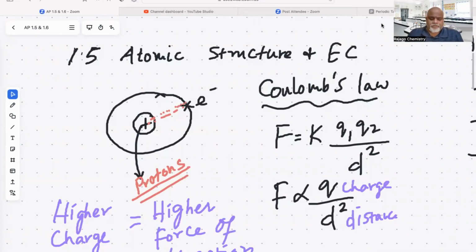So far we have done the initial fundamentals. Now we are entering into atomic structure and trying to understand a few concepts about Coulomb's law, how to write electronic configuration, what the periodic properties are, and so on. The first thing, as we know earlier, is that